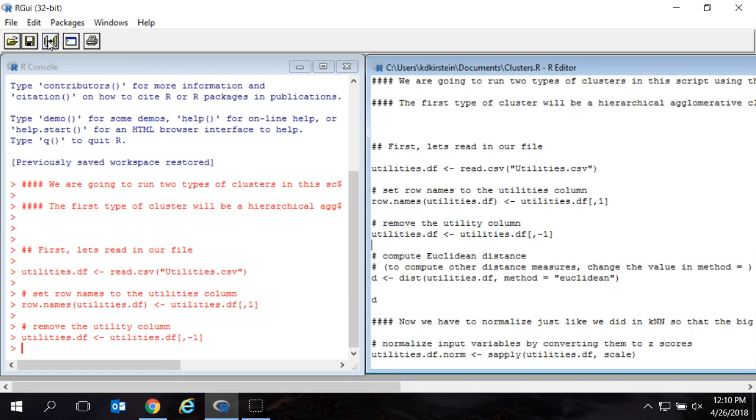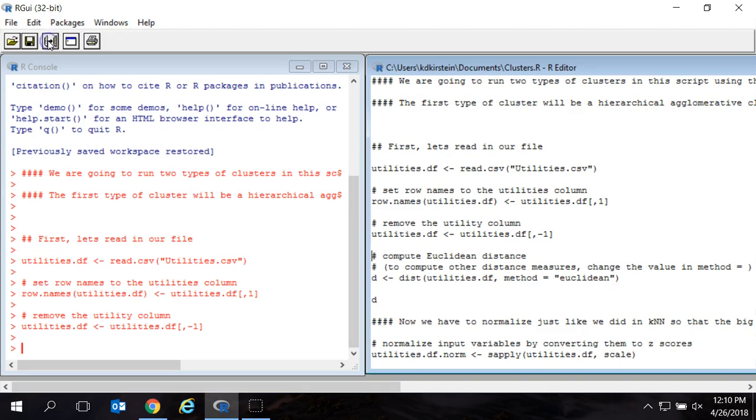Okay, now we're all set up with the right kind of row names. All right, the next thing we're going to do, remember I talked about Euclidean distance. Euclidean distance is the way that we calculate how far one data point is from all other data points. And the best way to do that is to run a cross comparison of every data point to every data point. Then we have our values, and once we have our values, we can start thinking about which ones